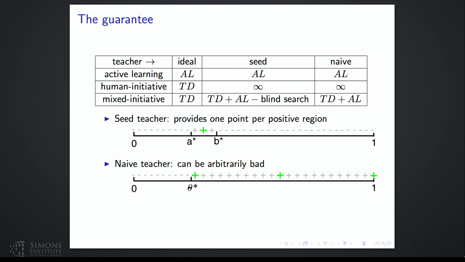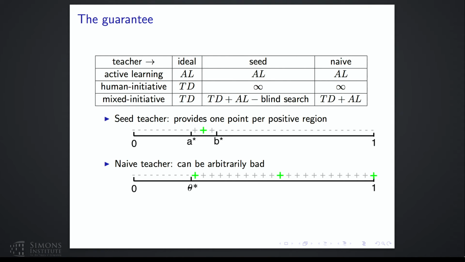And because teaching dimension is less than or equal to active learning, you get a factor of 2 at most here. So that's your guarantee. That's one thing. Second, I want to say something about a very interesting group of users who are not